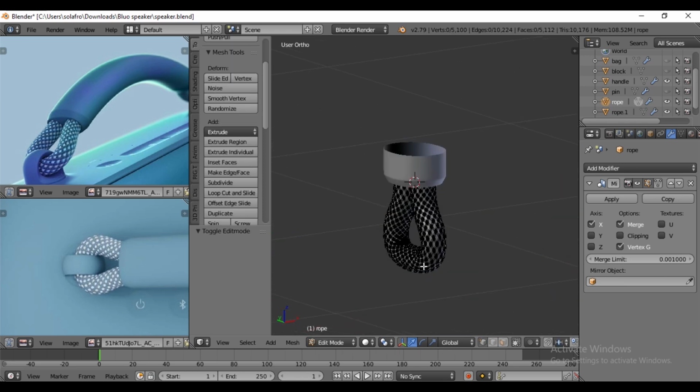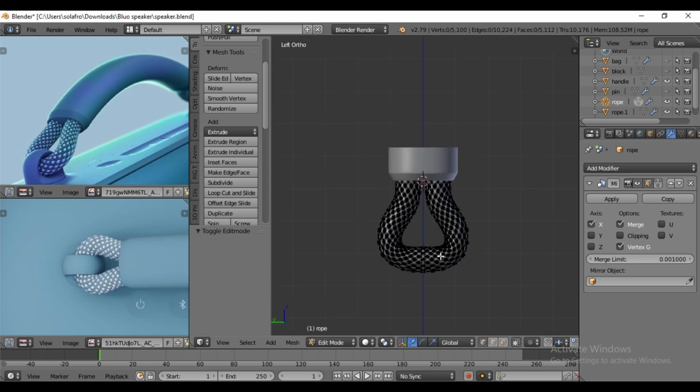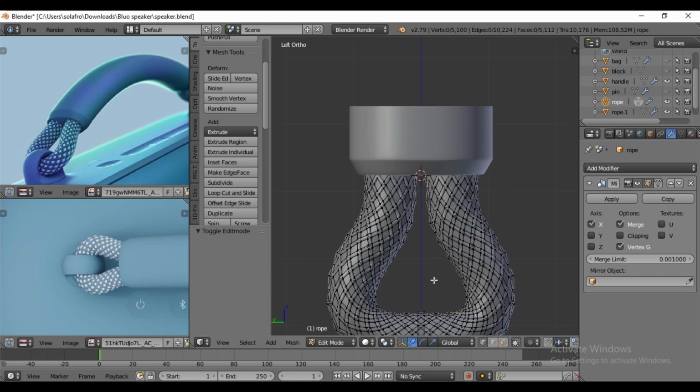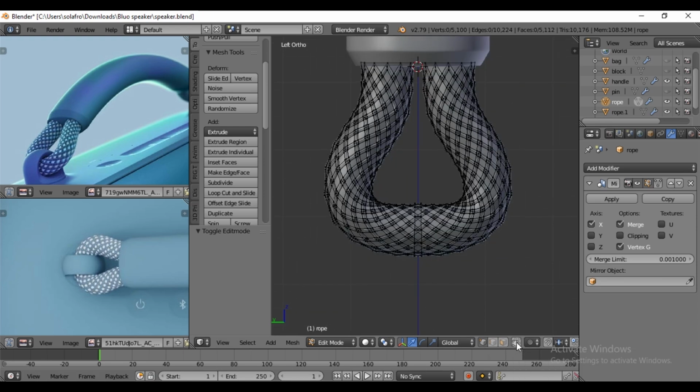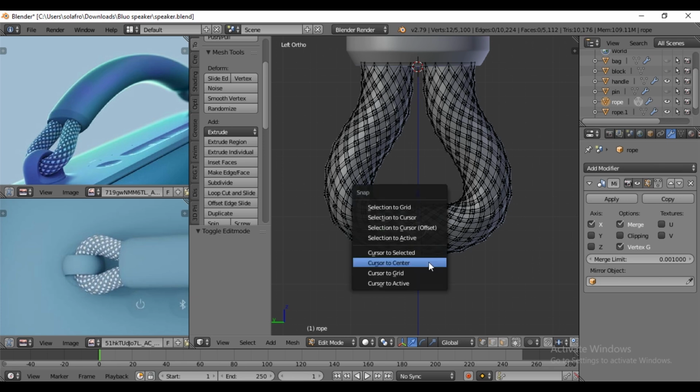So to do that, in edit mode, by pressing Ctrl 3 for the side view, then turn on transparent mode or just X-ray mode. By pressing B, select the middle vertices. Then by pressing Shift S, cursor to selected.